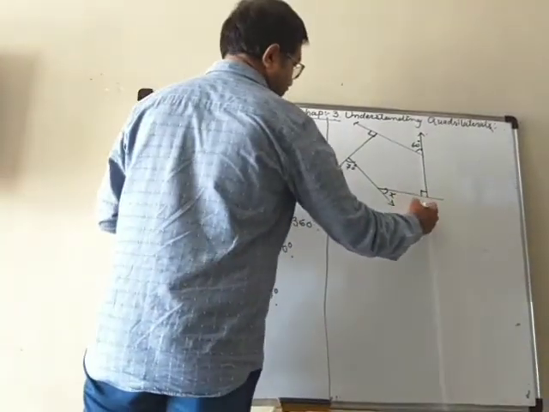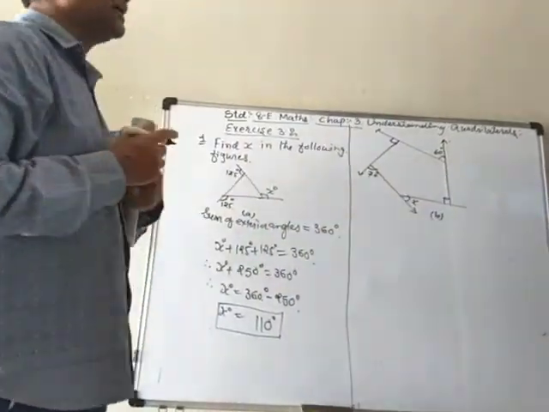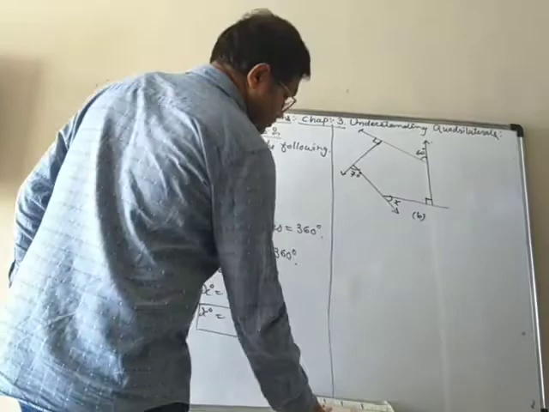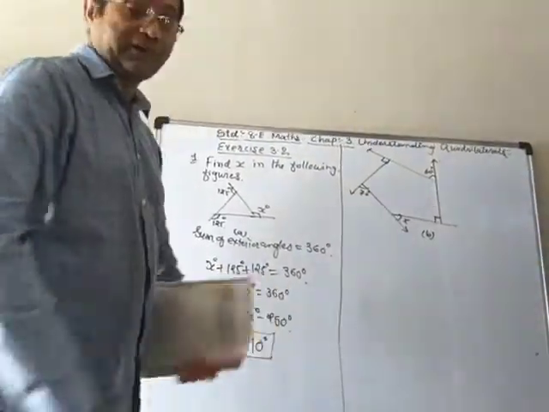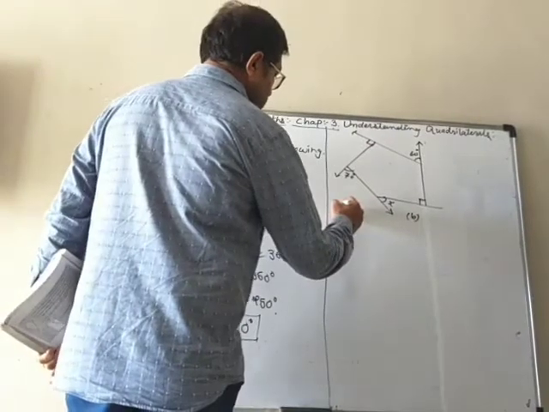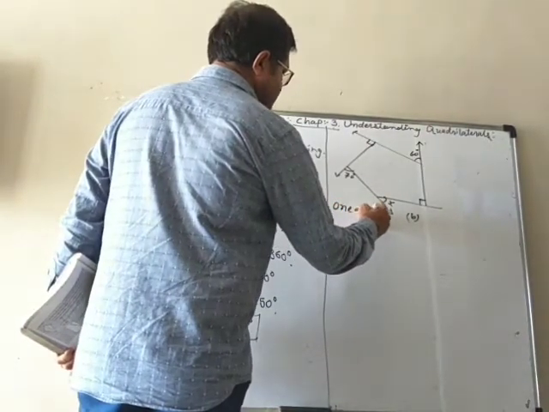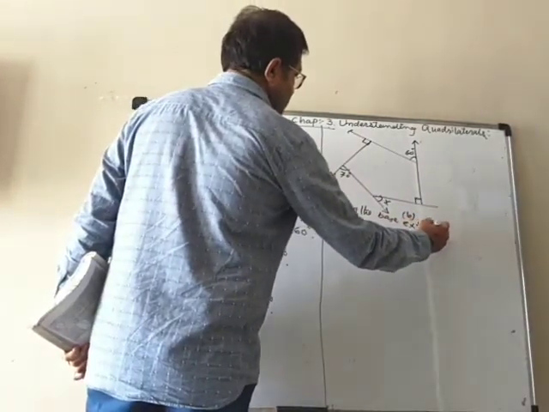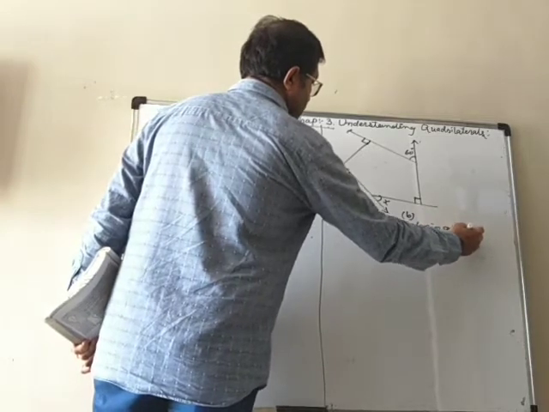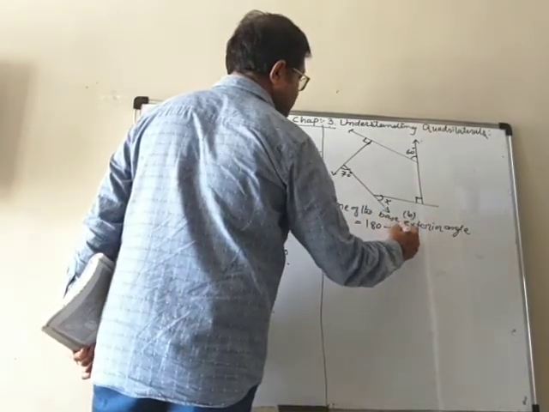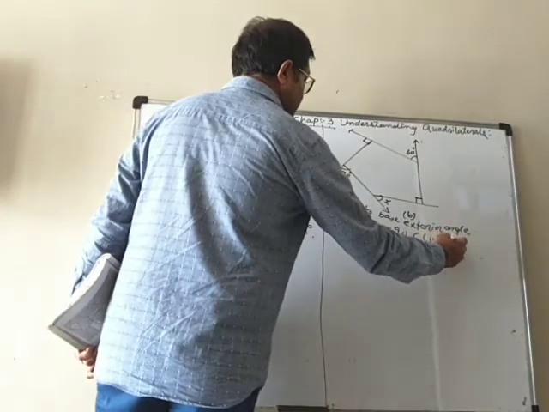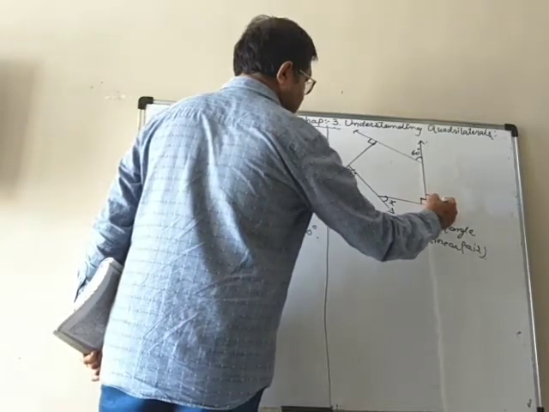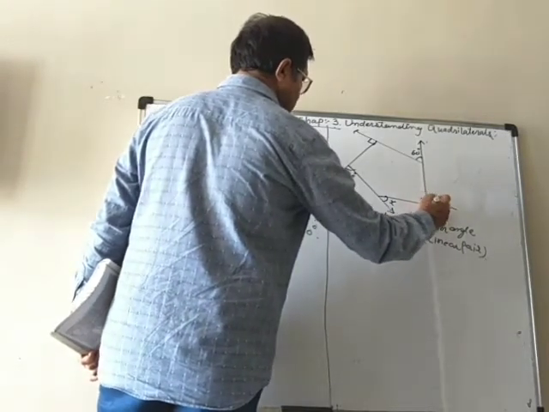So from that, first of all we have to find the base exterior angle by the property of linear pair. So here one of the base exterior angles is equal to 180 minus 90. Why? Because they are making a linear pair. And it is also 90 degree. So that one is also 90 degree.